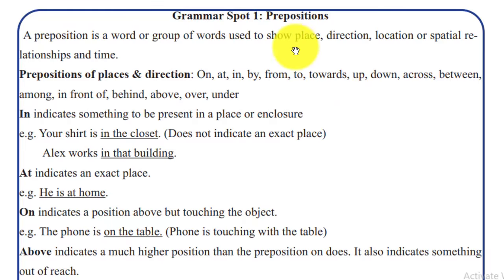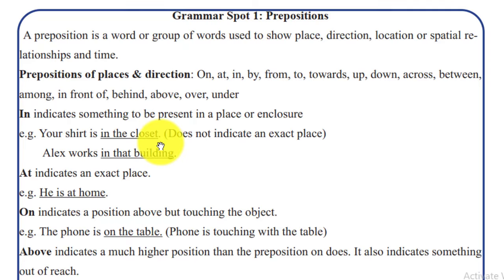እንዲህ አይነት አቅጣጫዎችን ያሳያሉ ማለት ነው። ኦኬ፣ in የሚባለው የፕሪፖዚሽን አይነት ደግሞ indicates something to be present፣ አንድ ነገር የሚገኝ መሆኑን የሚያሳየው። የት ሲባል? in a place አንድ ቦታ ላይ or enclosure ወይም ደግሞ የተከለለ ቦታ ላይ እንደሚገኝ። in school ካልኩ ትምህርት ቤት ውስጥ ነው፣ ከትምህርት ቤት ቅጥር ግቢ ውስጥ ነው ማለት ነው። እንዲህ አይነት ነገሮች ለማሳየት in እንጠቀማለን። ለምሳሌ your shirt is in the closet አልኩኝ፣ ስለ ሸሚዙ ነው የምናወራው። የት ነው? in the closet፣ በቃ ቁም ሳጥን ውስጥ ነው ያለው ብዬ ስናገር